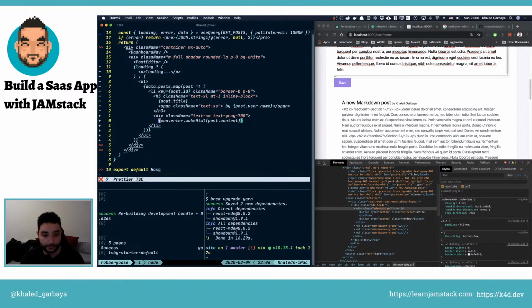And what we will do is here we will call the dangerouslySetInnerHTML, and this will be a function, and we'll have __html, and we make sure this is